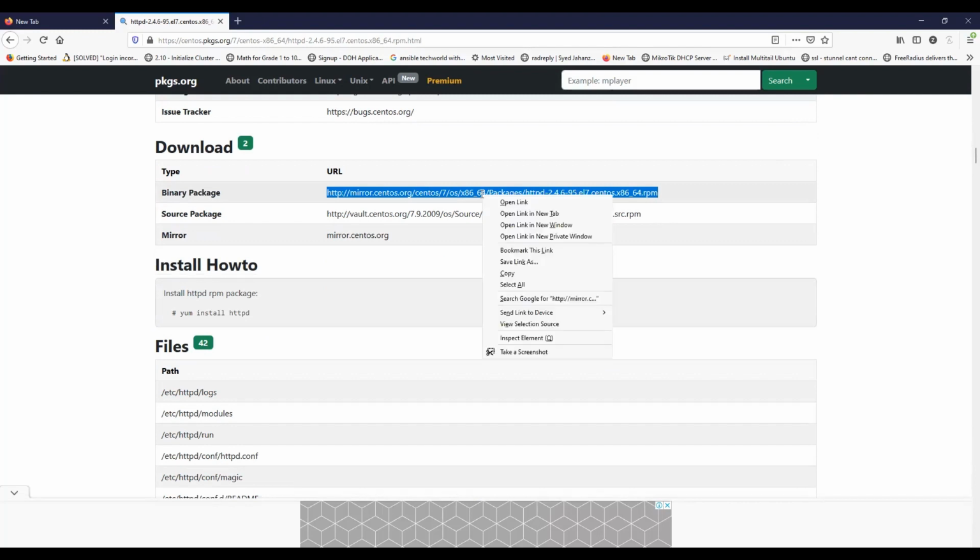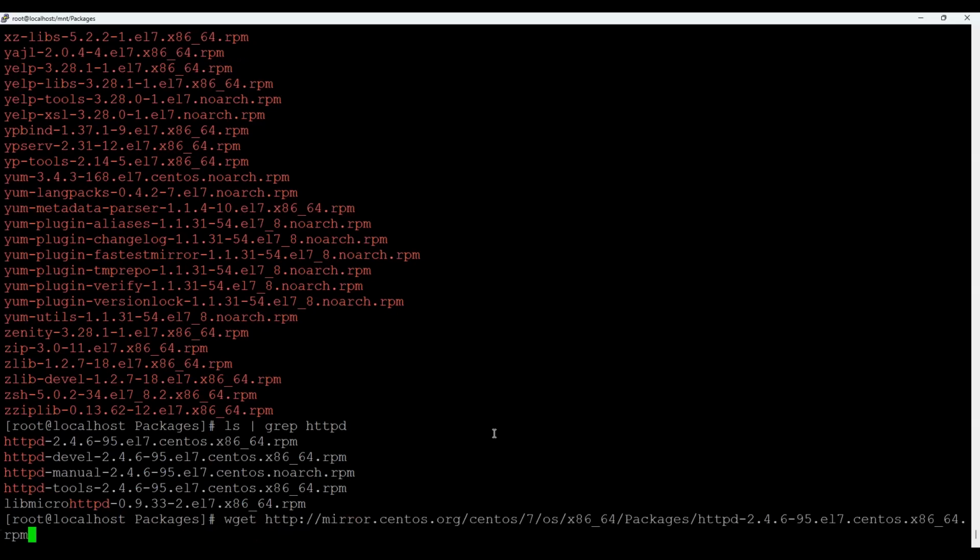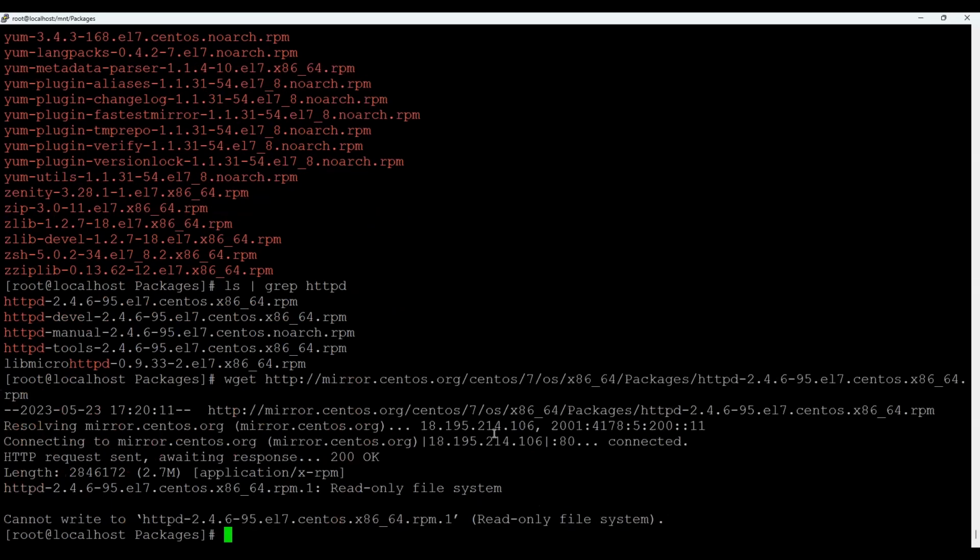So I can copy this, and I can go to my machine and I will download this file with wget. Wget is how you can download any file from the internet onto your local PC. So okay,